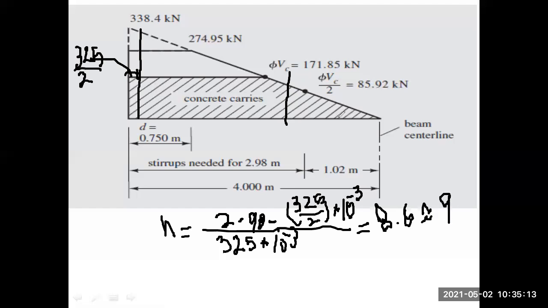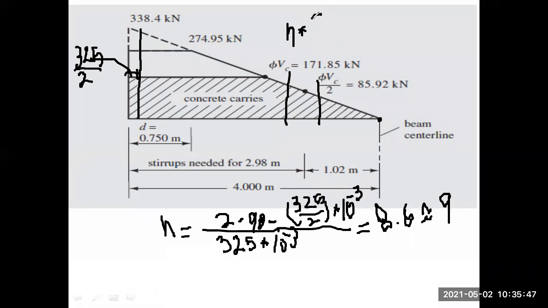When I round it up to 9, then surely it will exceed this zone. I will have it somewhere beyond it. So I need to make sure that it has not exceeded this zone. How do I make sure that it has not exceeded the zone? I say I have 9 stirrups, so that means the number of stirrups, n, which is 9,